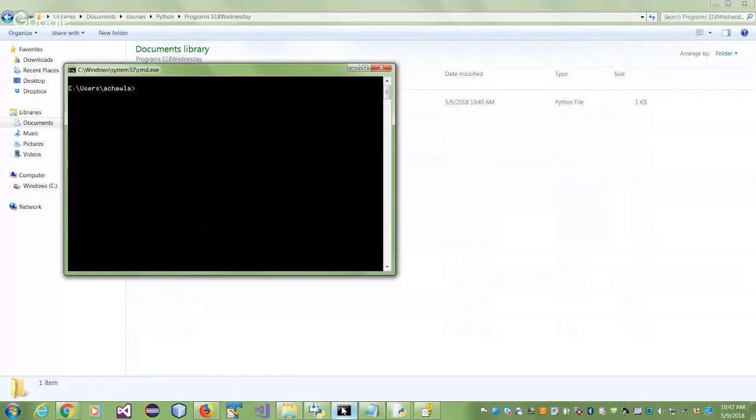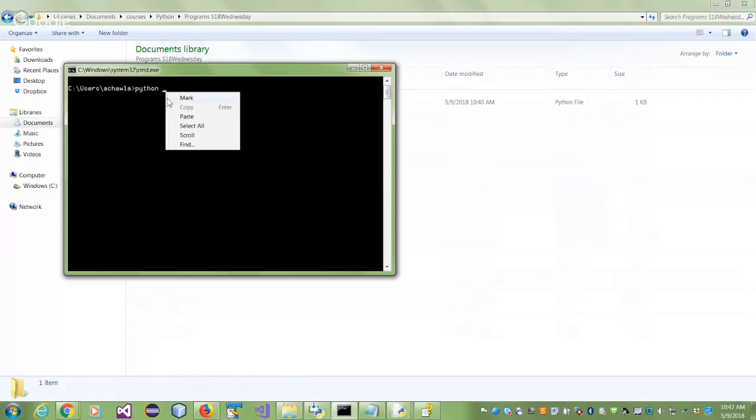I'll go to the command line. I will run the Python command. I'm going to run python.exe. I'm going to run my program. Which program do I want to run? I want to run program1_greet.py. That's the program I want to run. Where is that program residing? In that directory. So give the command python. Python is the command to run the program. Which program do you want to run?